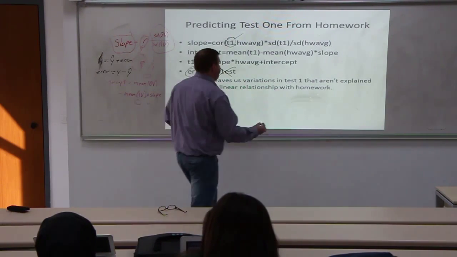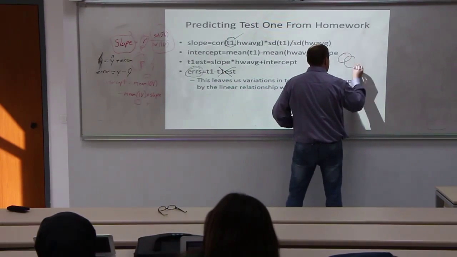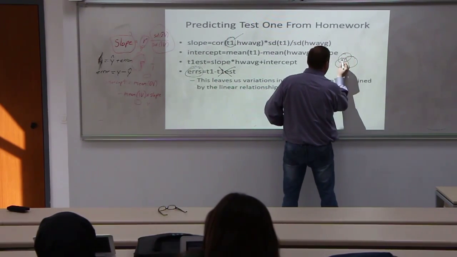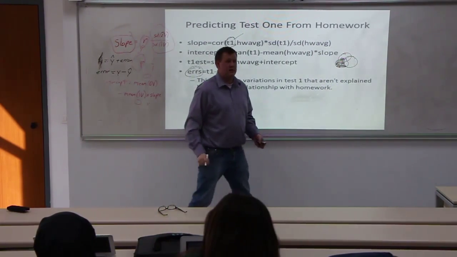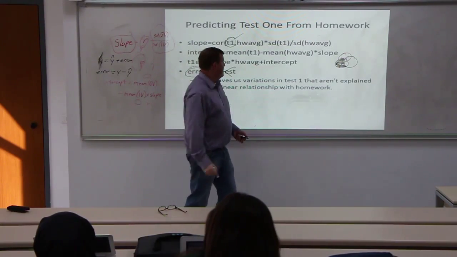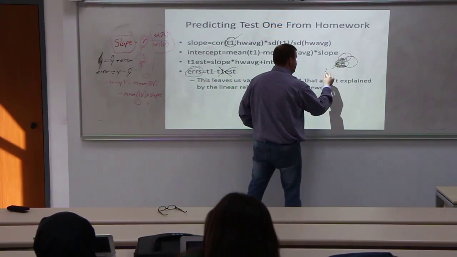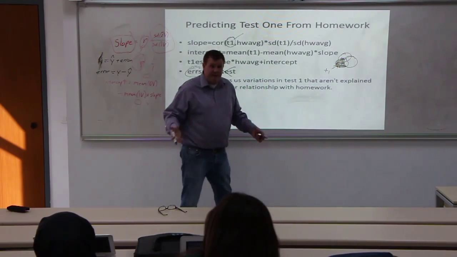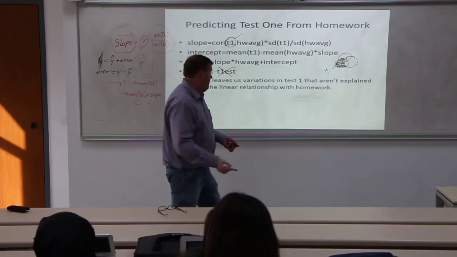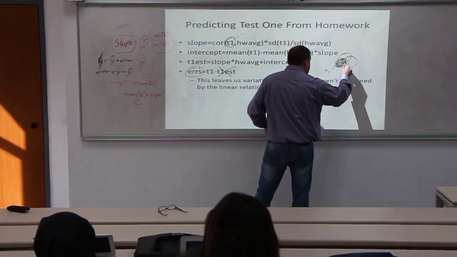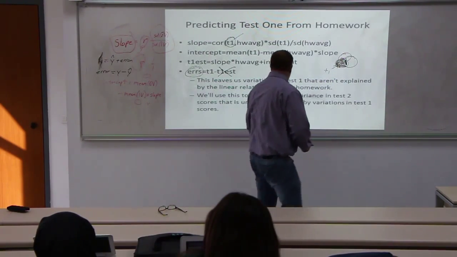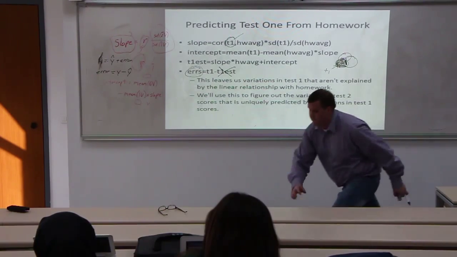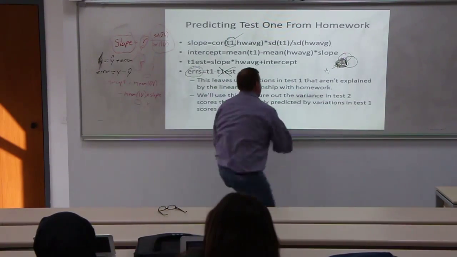So if we think back to the Venn diagram, what we have now is this. That part. It's a part of test 1 that is uniquely varied, right? Not variations that are explained by our homework, just the unique variations. Okay, so